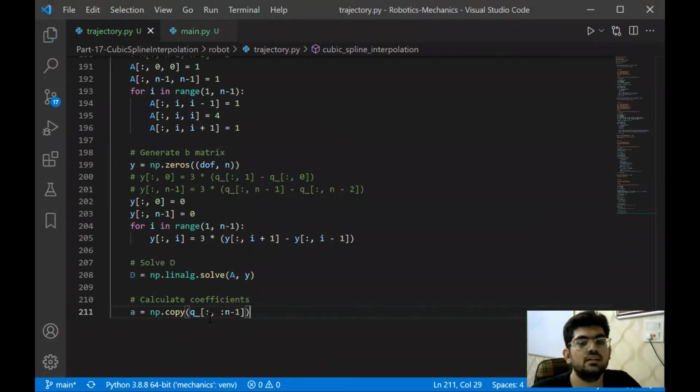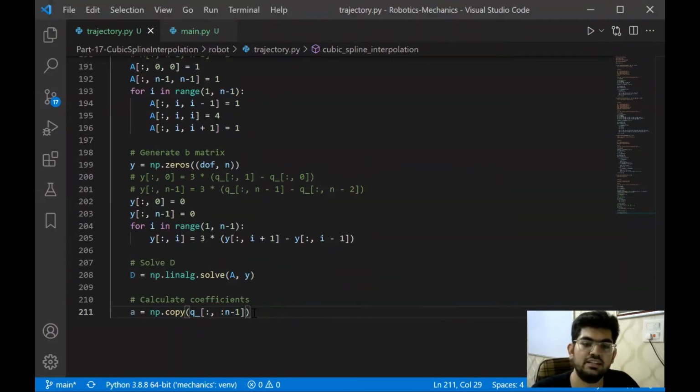We're going to assign all the elements excluding the last element. Why is this? The shape of A is going to equal q underscore, but actually A is supposed to take n minus 1 values, not n values, because we have n minus 1 segments between all those points.